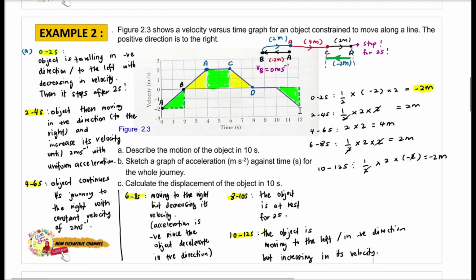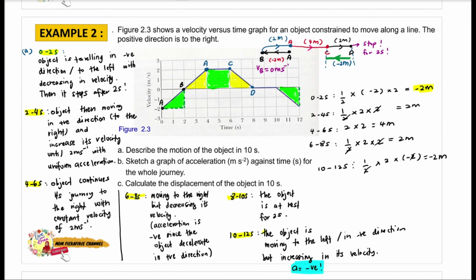Bila objek bergerak ke kiri ataupun bergerak in negative direction, but the velocity is increasing, means that the object is accelerating. Okay, dia memecut. Sebab V dia bertambah, tetapi kalau kita kira nilai gradient ini, you akan dapat acceleration dia adalah negatif. Kenapa acceleration dia negatif sedangkan V dia increase? So always remember,